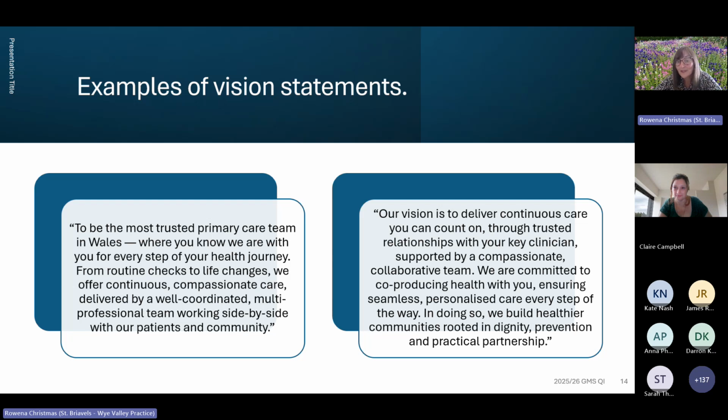So what we're hoping is for practices to see clear benefits to increasing continuity of care for their practice and for their staff and for their patients. And we've got the evidence there. So start thinking about how your practice can fulfill its accountable GP requirements, which are set out in the GMS contract now.